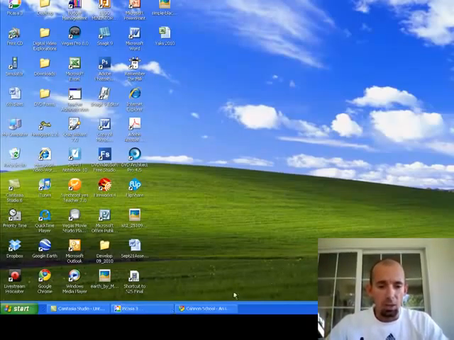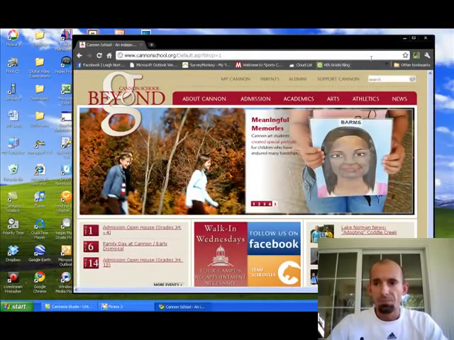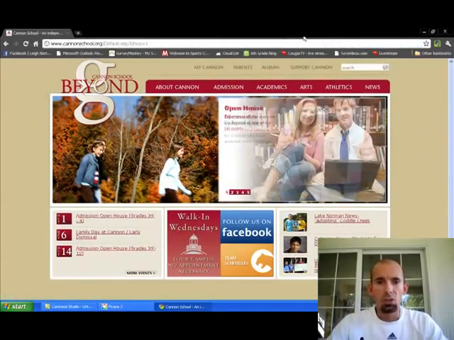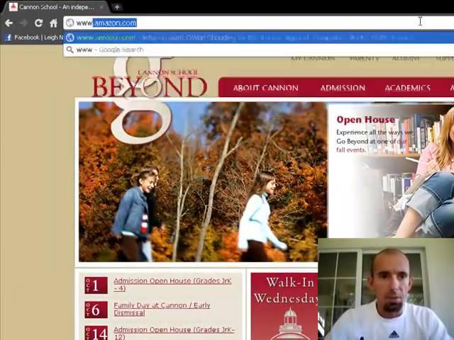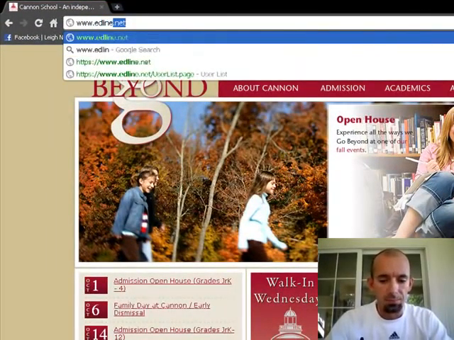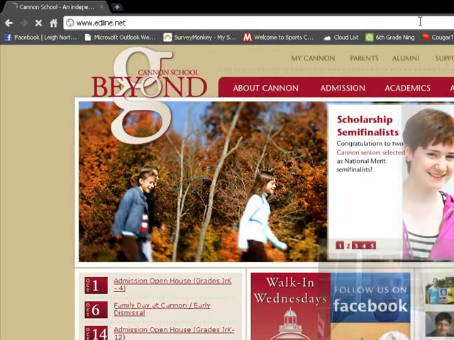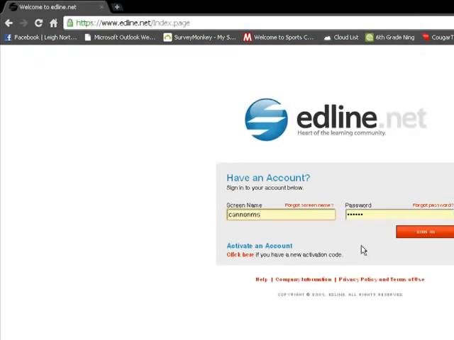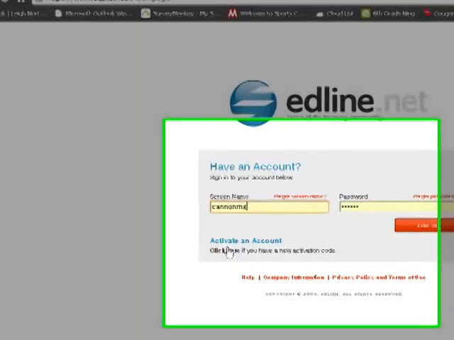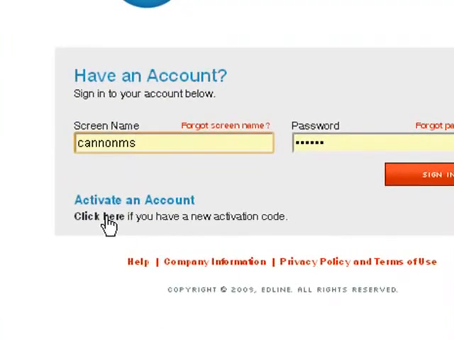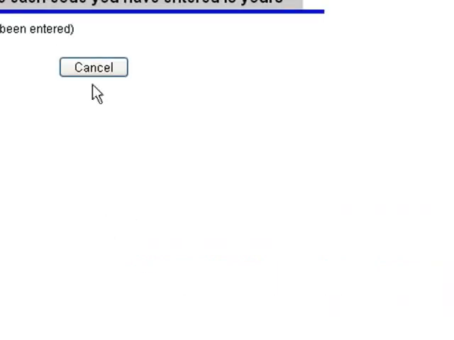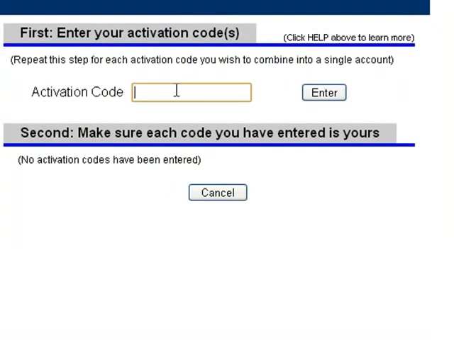So the first thing we're going to do is open up an internet browser, and we are going to go to Edline, that's www.edline.net. Once we're at Edline, you can see that it says click here if you have a new activation code. So we're going to click there, because if you got one of these sheets, then we need to create a new account for you for whatever new student you have. And for one of our 5th grade students, the activation code